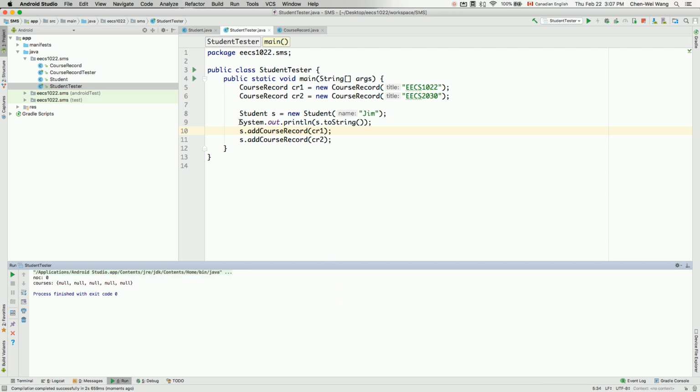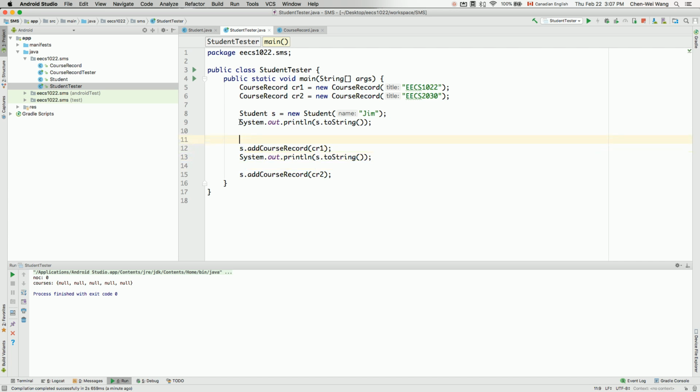Okay, now we want to copy and paste the same line over here immediately after we added CR1. Okay, let me just say something like here. Okay, and let me just put it here, as out after adding the first course, like that. Okay, now let's say we say execute again. So now you can see that